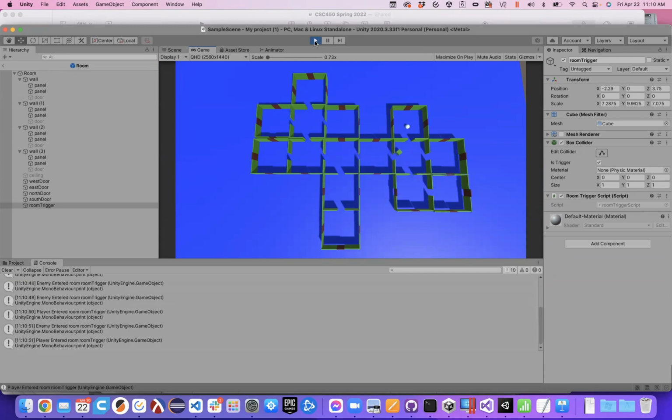Now our accuracy is going to be a little bit sketch here because I don't necessarily come through these doors super cleanly. So there could be a situation where I enter one room by hitting the trigger and then immediately enter the other one. And I guess there could be a situation where I'm technically in two rooms at once, but we can burn that bridge later. But it's less about perfect accuracy here and more about using our singleton. Okay, so we have that